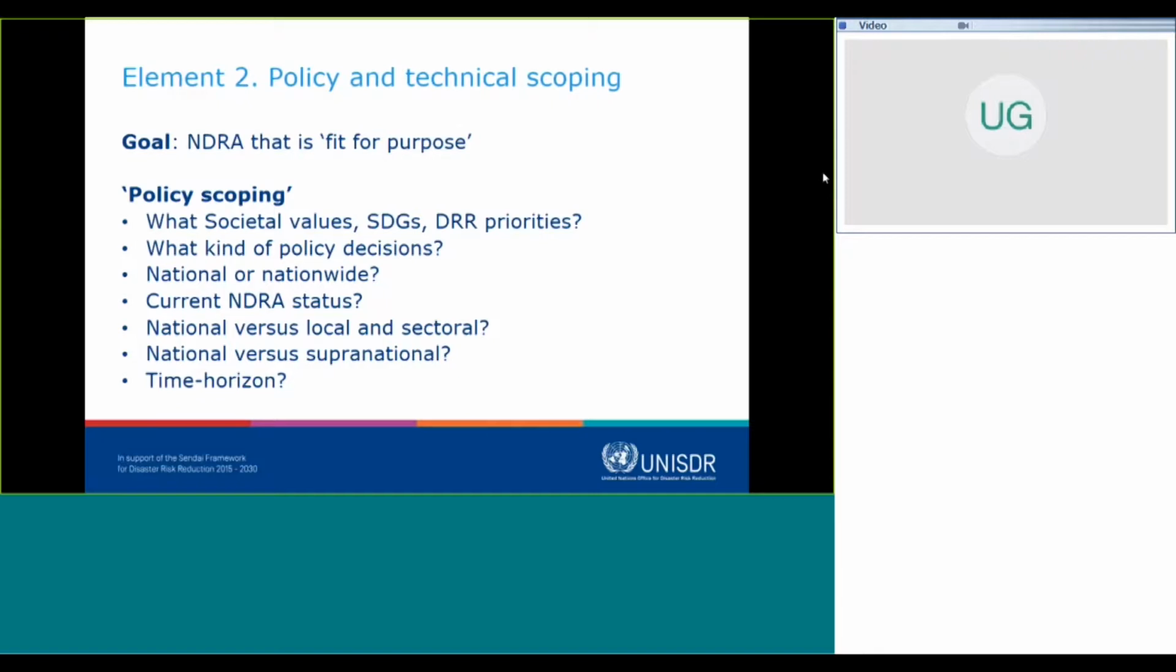So our second element in the guideline is the actual very important starting point of scoping. Because the end goal is to have a national disaster risk assessment that is really fit for purpose. So fit for purpose means before setting out on this, well, let's say quest, you need to really define what it is you're after. What kind of decisions you want to be informed on national level, but also what kind of